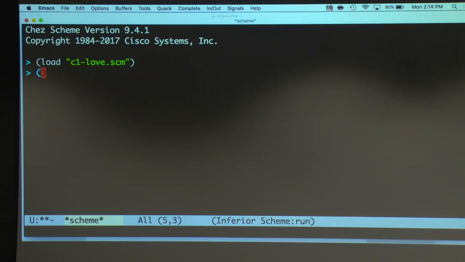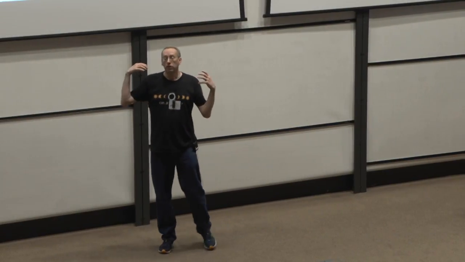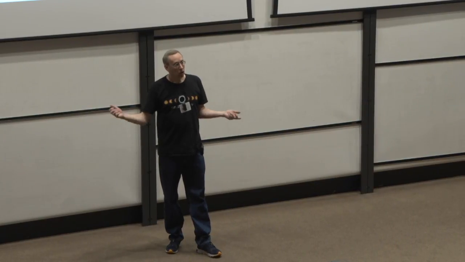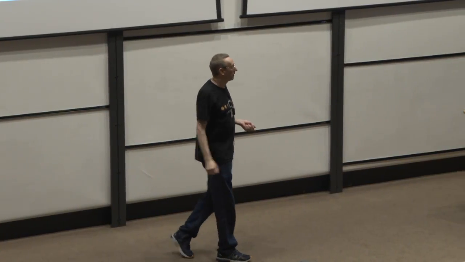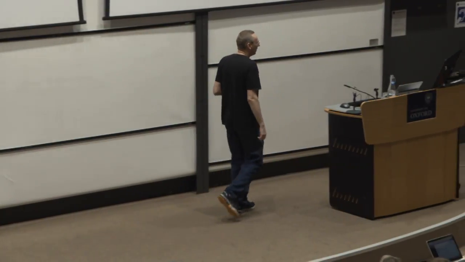If I've got eval, so I can eval, so quote, cons of 1 to 2, and that gives me the pair 1.2. Just like we have eval in Scheme, we will now have a relation called evalo. We always have an O at the end of our relation names in miniKanren.